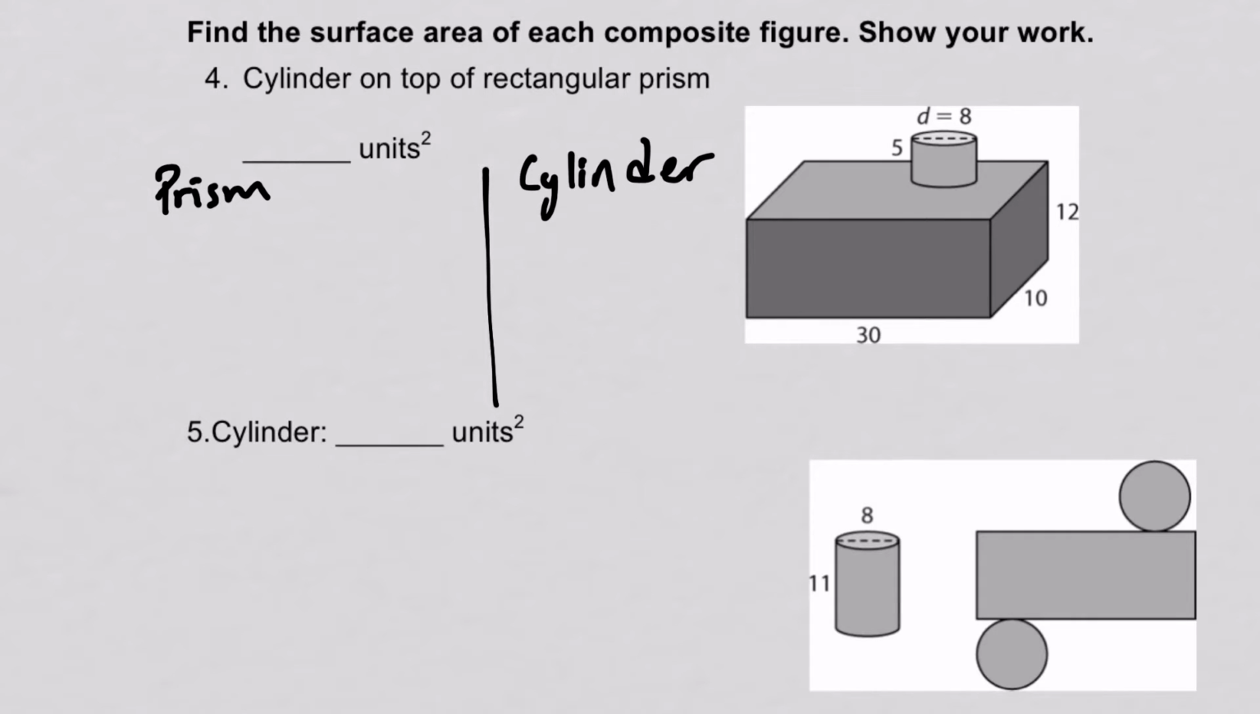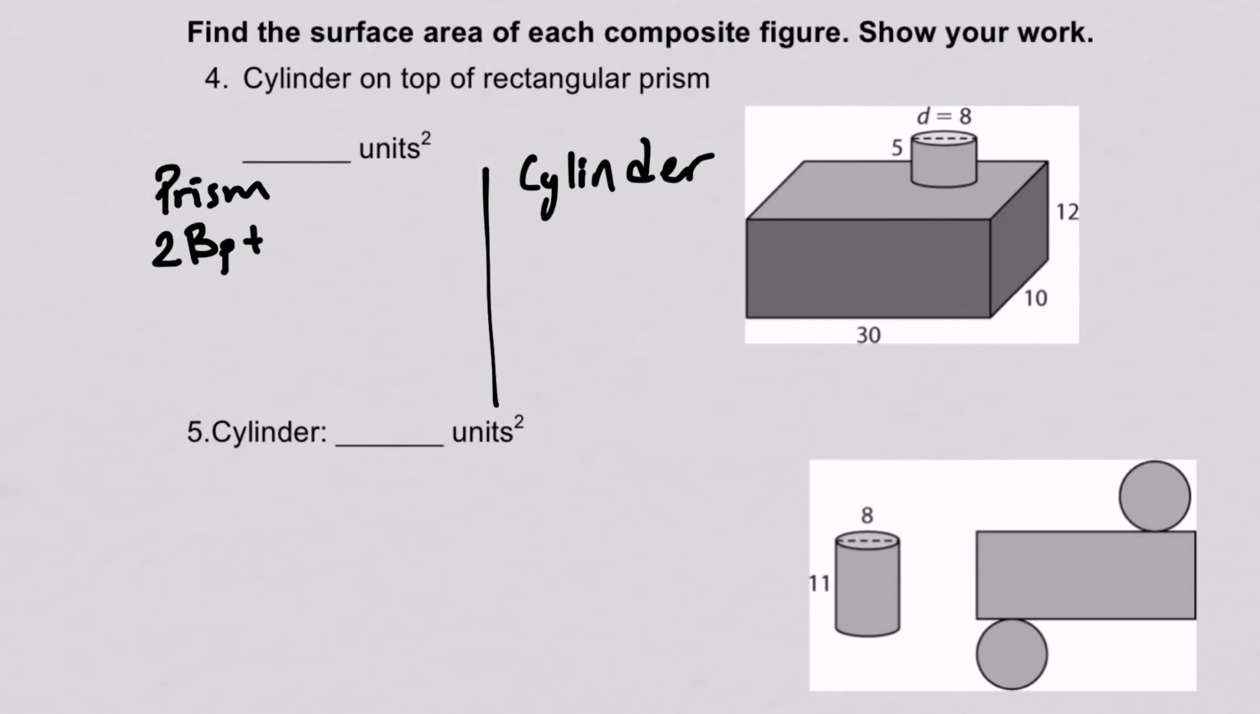Now if you recall, the surface area of a prism is 2 times the area of the base. Since I'm going to use the area of the base for the cylinder as well, I am going to call the area of the base of the prism B sub P. So I know that it's the area of the base of the prism, not the cylinder. Okay, so it's 2 times the area of the base plus the perimeter